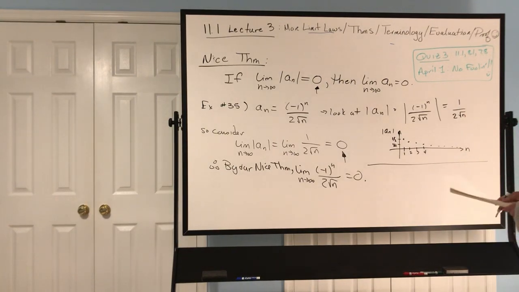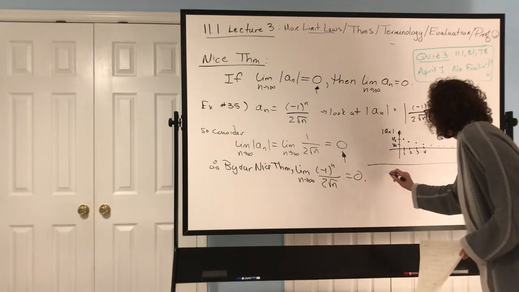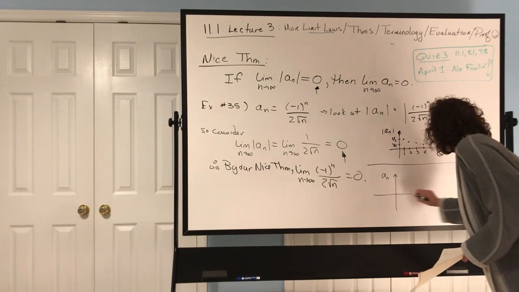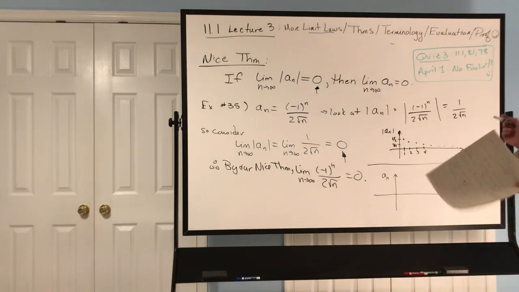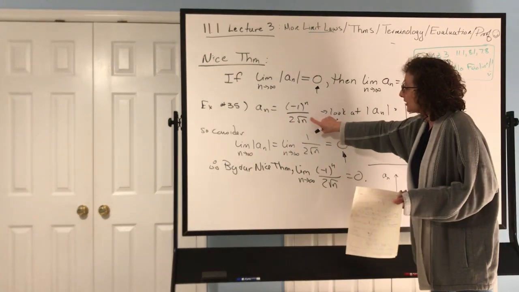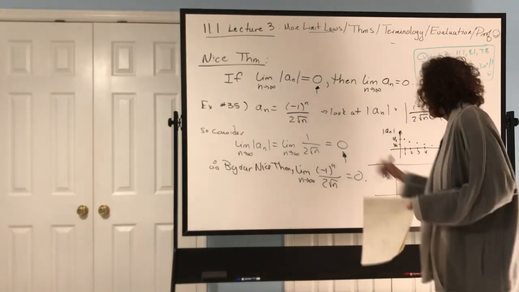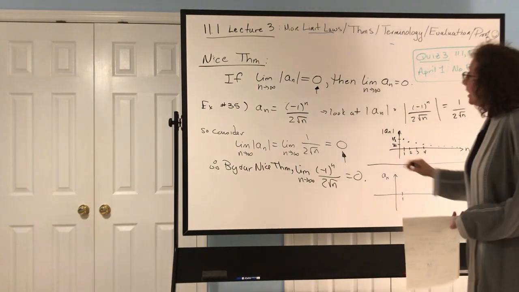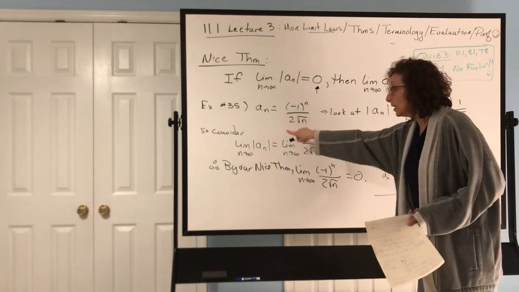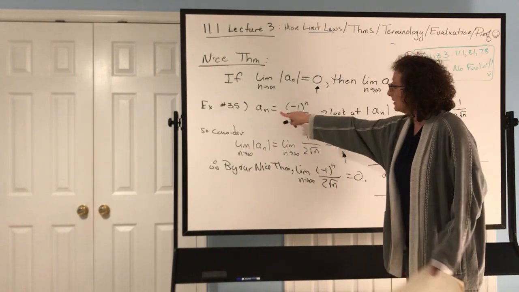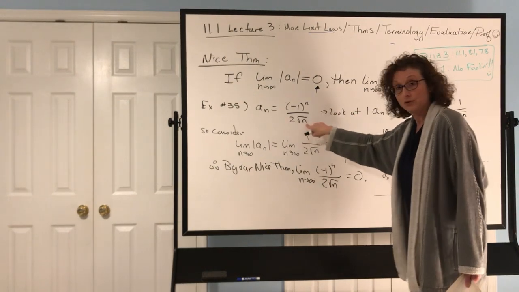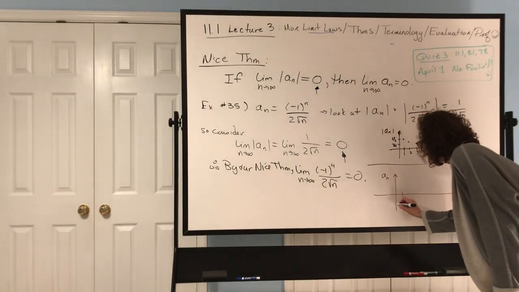Okay, but what about the actual guy that we were looking at of interest in this problem? The actual sequence a_n is generated by this formula, right? So here's n, there's a_n, here's 1, right? What is a_1 for this sequence? That a_1 is (-1) to the 1, which is negative 1, right, over 2 times 1. So negative 1/2 is our first term,